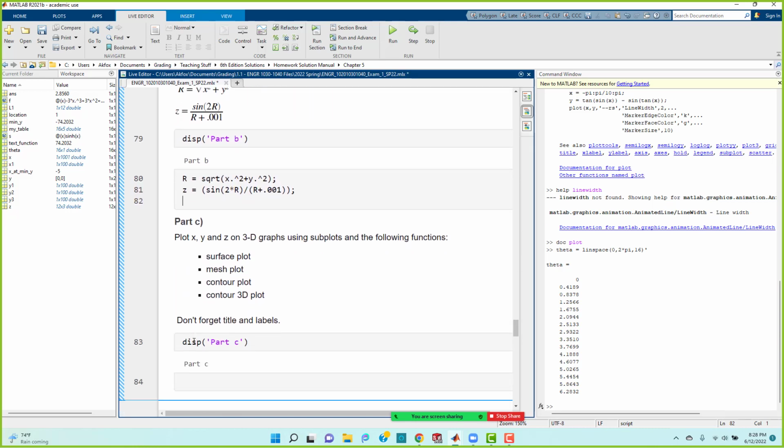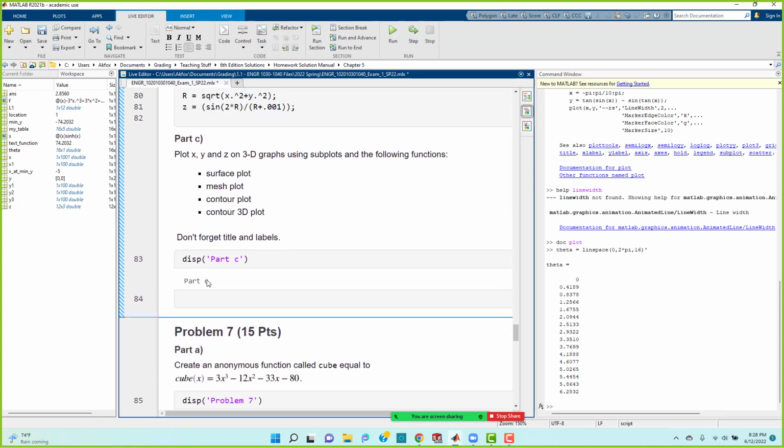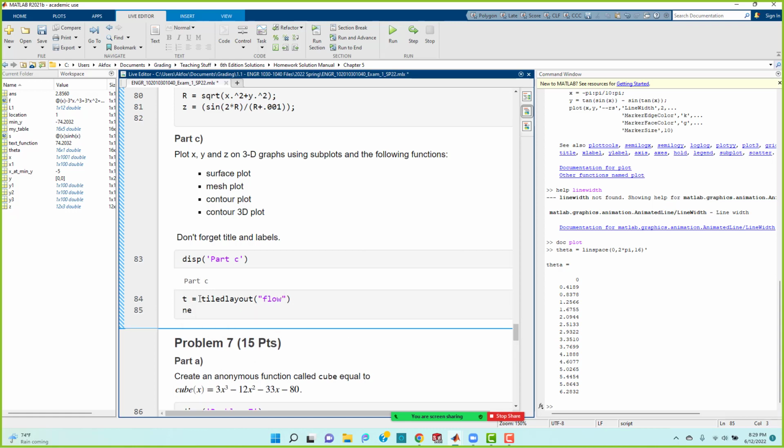Cool. And then on the plots, using subplots. We can't use subplots. Well, we can use subplots, but I won't confuse you with subplots, so I will use the layered tiled layout and nextplot to do this one. So we'll start off, so we can give an overall title on this one. T is going to be the tiled layout, and we'll go with the flow, and that needs to be in that, and then we'll call up the next tile,